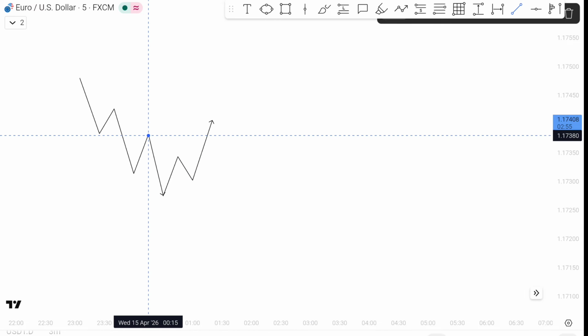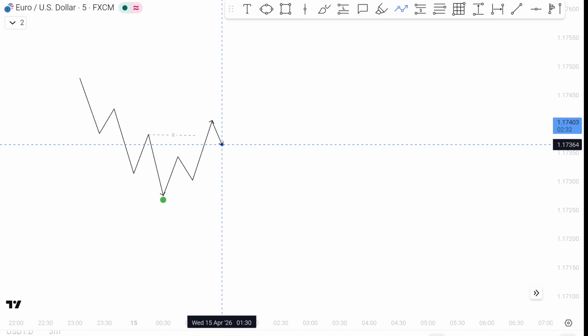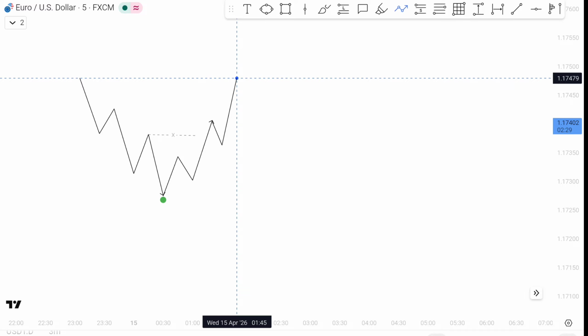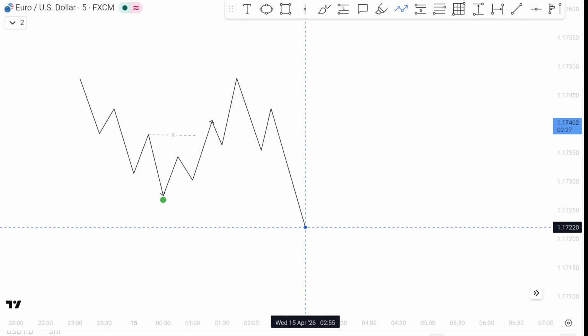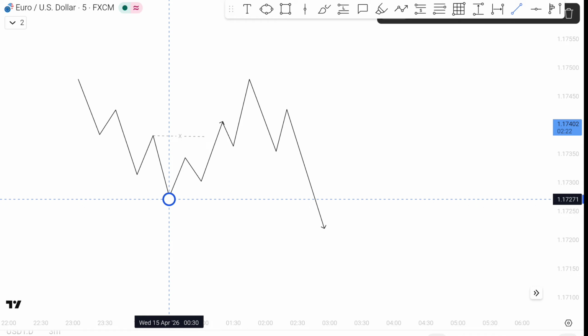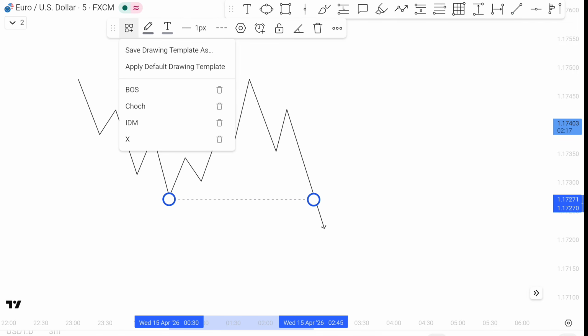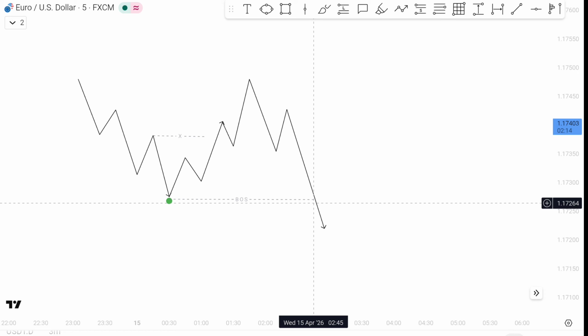This is the first pullback from where the market created the new low. So the market must take the liquidity of at least one pullback. When the market takes out the liquidity of the first pullback, the lowest point from where the market started moving to the upside for the liquidity is your lower low. Now the market can move to the upside for a deeper retracement, then again move to the downside and create a new low. All these pullbacks are internal pullbacks, and when the market breaks the previous major low that we have marked, which took out the liquidity, this is the real break of structure.